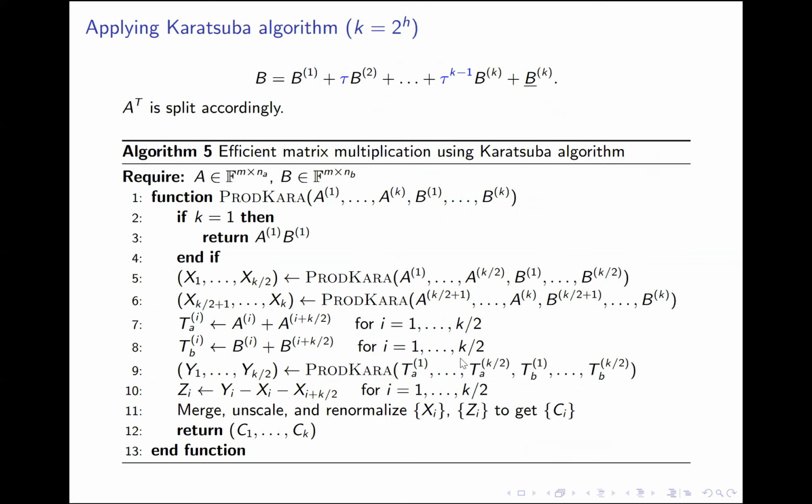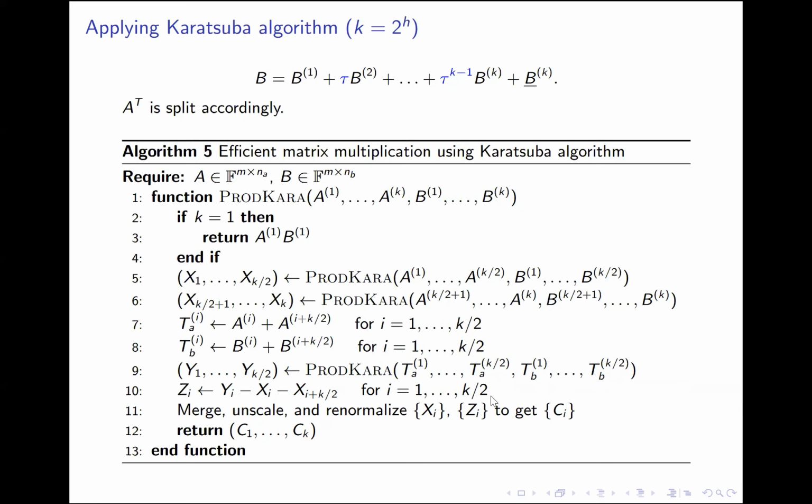power of 2. In this case, we just would take the lower half, call the function recursively, the upper half, call the function recursively, add these two halves, call the function again. And here we just see the same difference as subtraction as we have seen on the previous slide. So this would be T2, T1, and T3. Evaluated, merged, unscaled, renormalized. So not going into the details here, but in general, we would just get the output, and it's not so difficult to